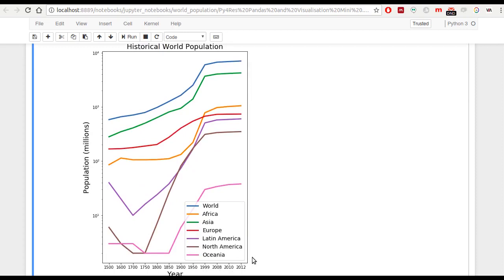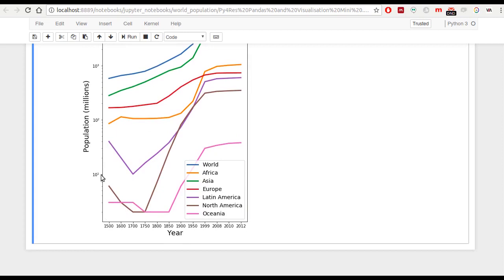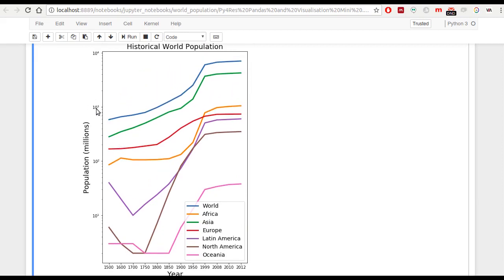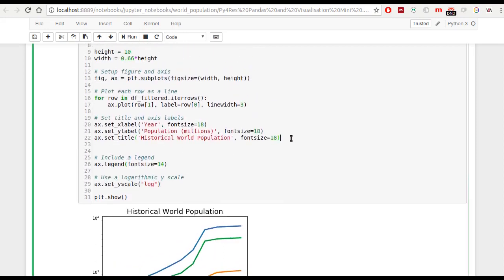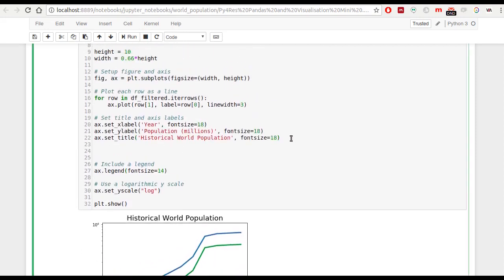Matplotlib decided my legend's better off down on the bottom right this time, but that looks a bit better. What's a bit annoying is my actual tick labels are quite small now, my label size, so I need to do something about that. That needs an extra line, and the line to include is